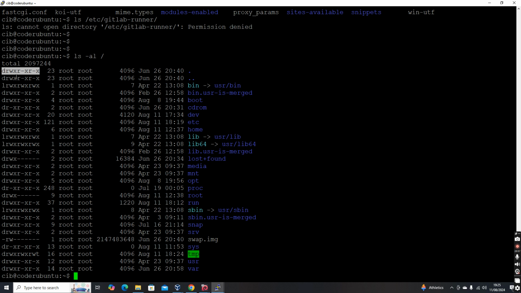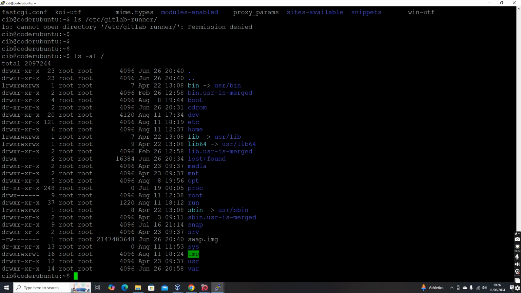Okay, so the permissions for the user are defined in the first 3, that means read, write, execute, and for the group it shows whether read, write, execute in the second 3, and for others it's in the last 3. So in this case, the owner of this particular folder is root, group is root. So the user has read, write, execute full privilege, group has read and execute, others has read and execute, right? For example, in case of bin, everyone has read, write, execute.